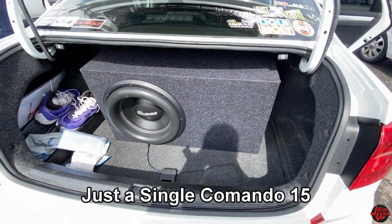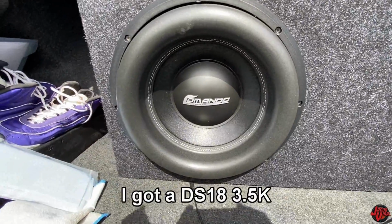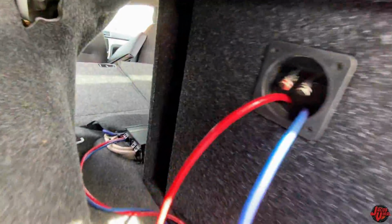Single Commando 15. Okay. I got a DS18 3.5K for the sub, and I got a